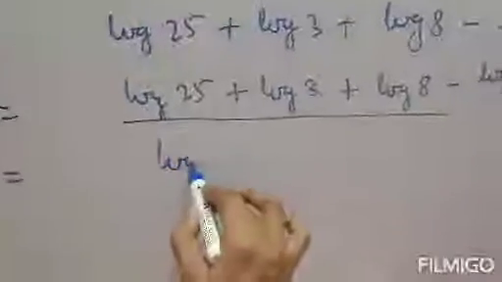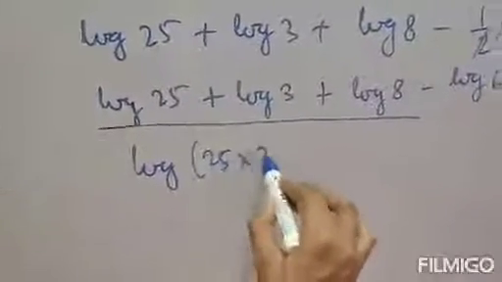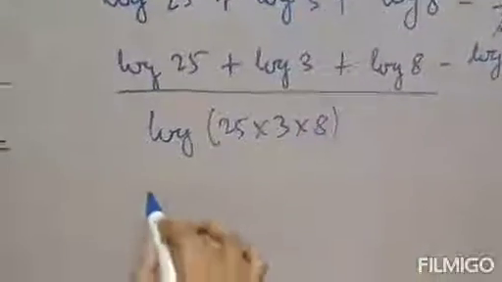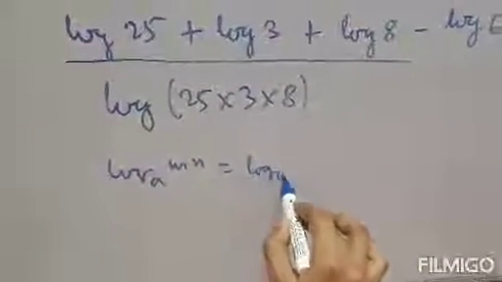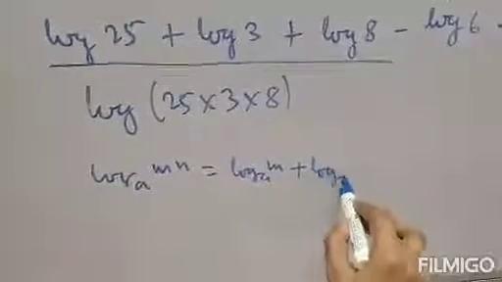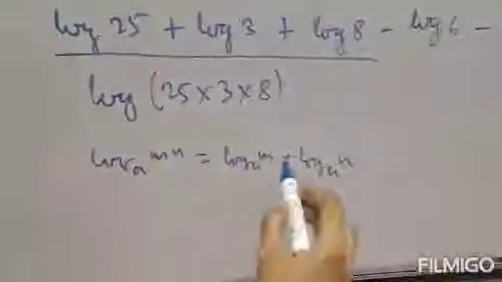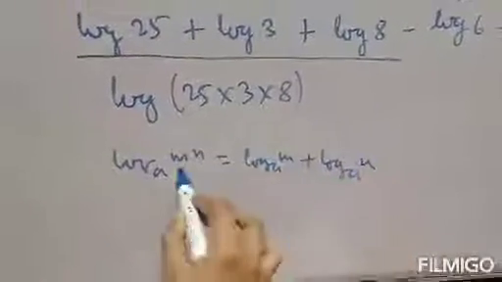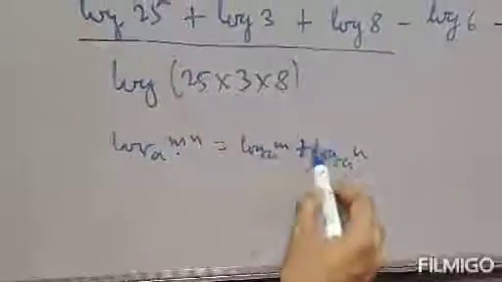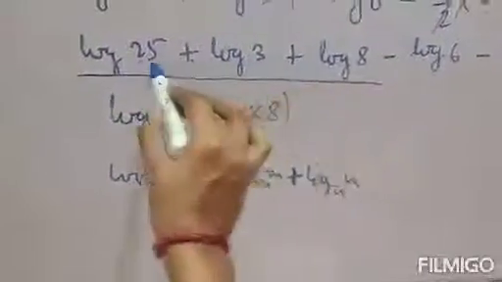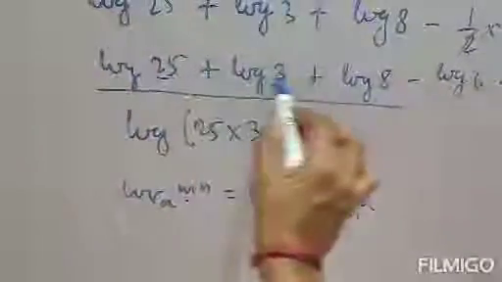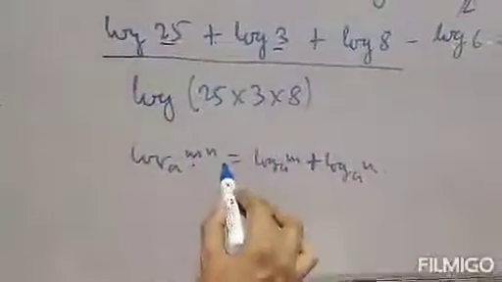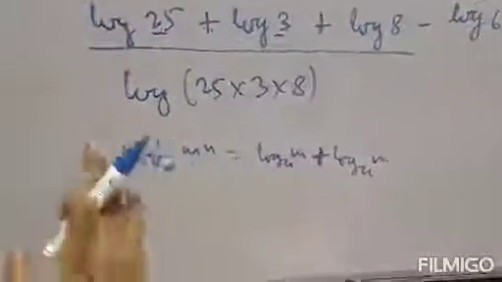So we can write log 25 as 3 into 8, because the product formula was log base a of mn equals log base a of m plus log base a of n. That was the product formula. So powers are multiplied if plus is given. Here all are plus, so powers will be multiplied, because base is 10 by default. Here m into n, powers are multiplied. That was the formula. Clear?